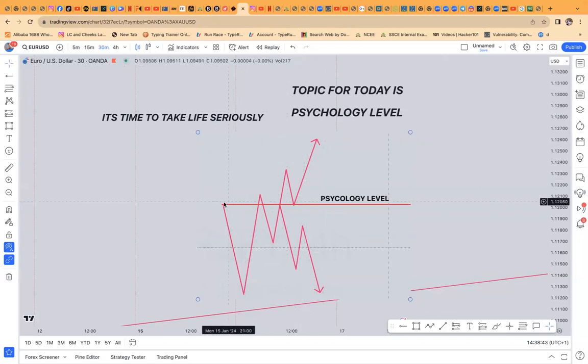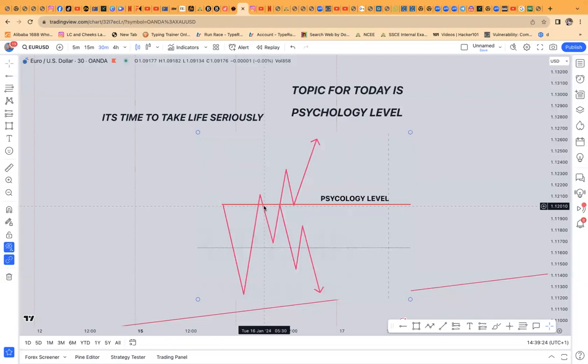There is a liquidity line above here. Initially, price took those liquidity out, retraced, and came back to that zone. Immediately you see price reacting towards that zone going down, especially taking out this liquidity. Man, you have a good entry to short the market. And if the price breaks this high, giving us a continuous break of structure, you expect price to what? Fall back to that psychology level, finding a breaker OB in adjustment to that, and then having your entry. It's as simple as this, but it can be complicated.